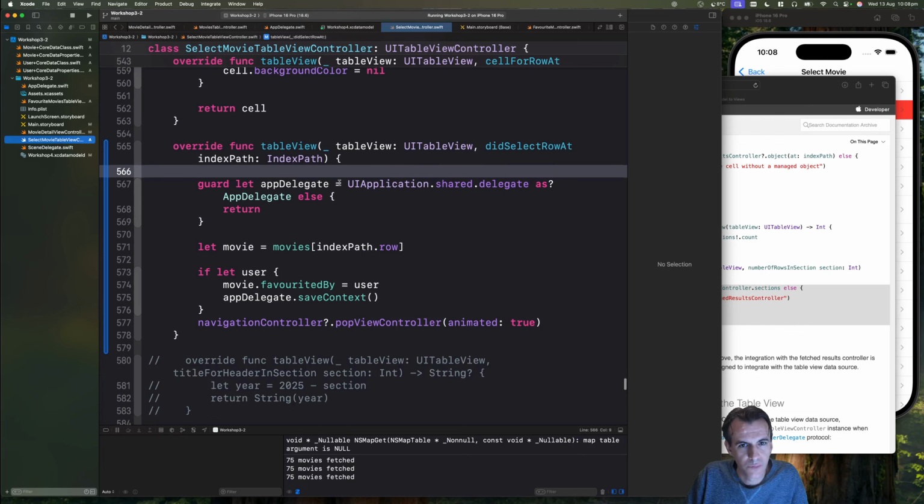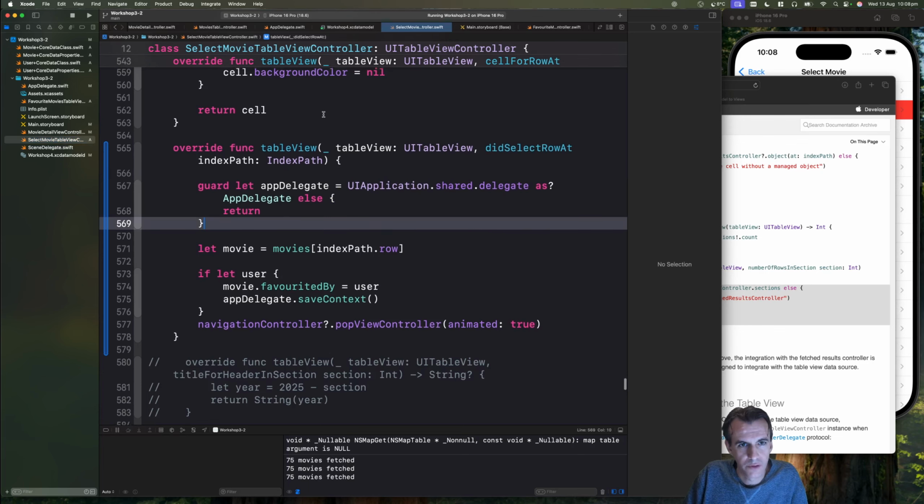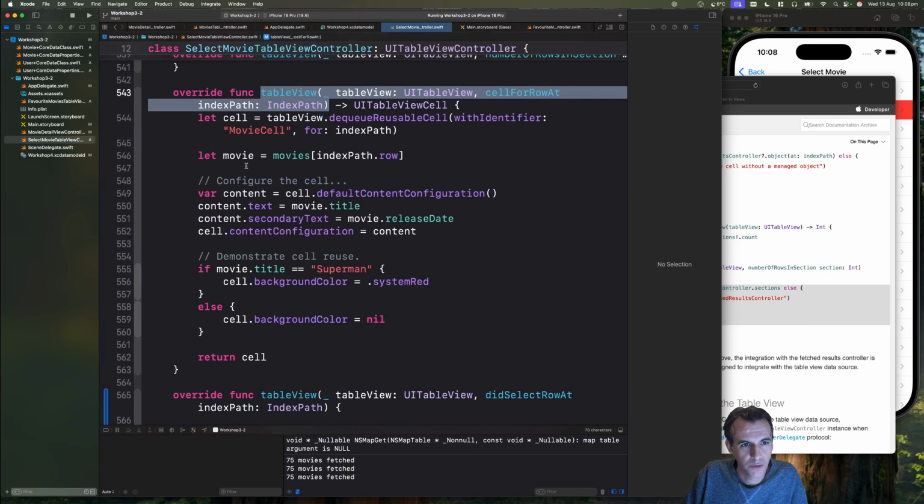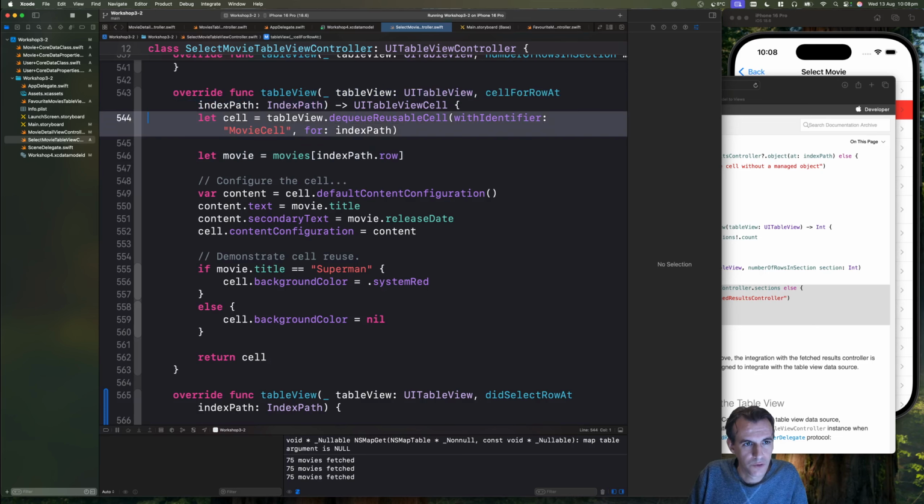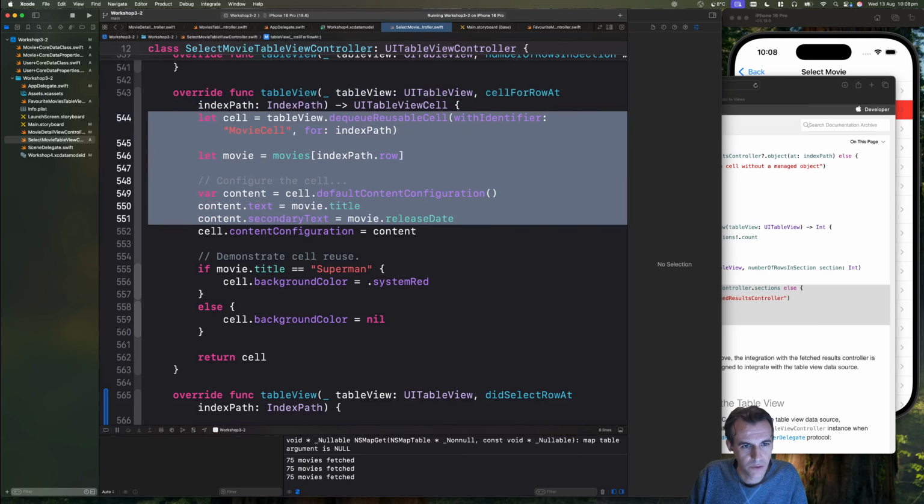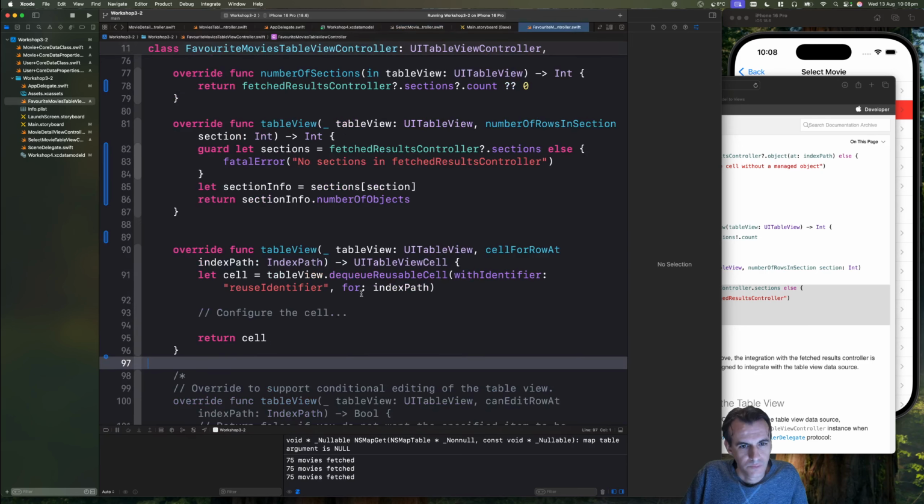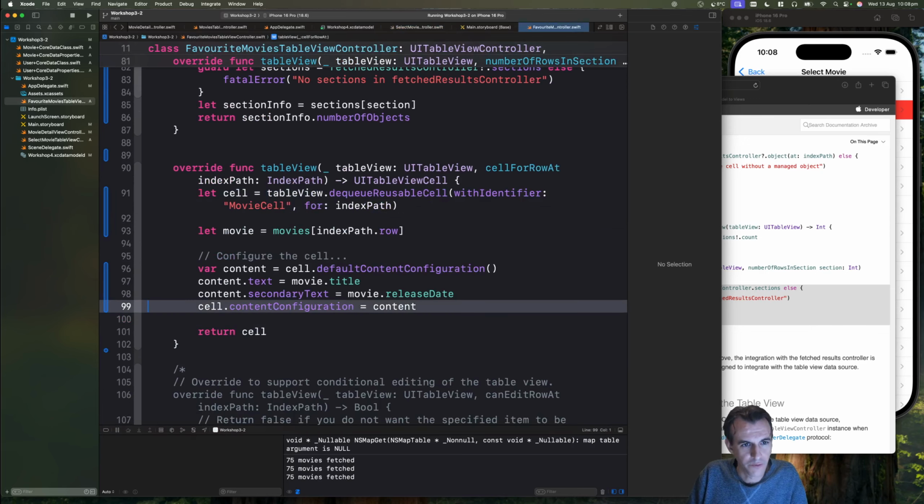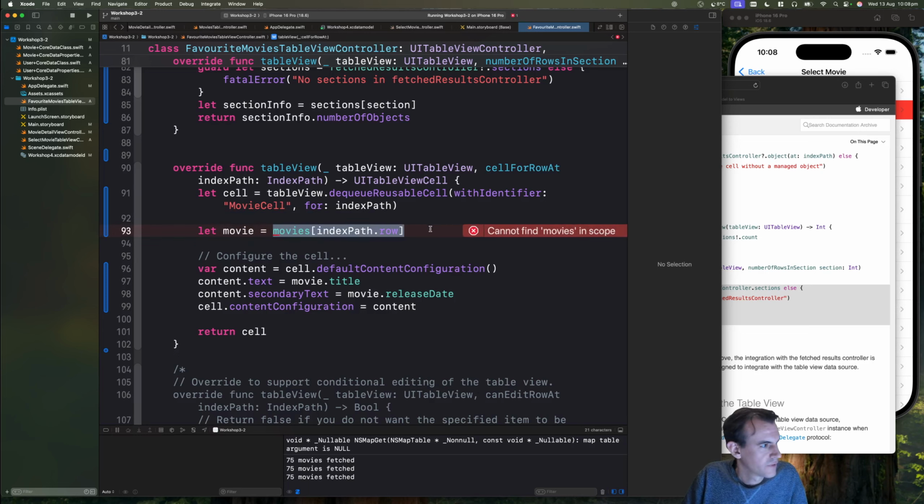So here's our did select row, here's our cell for row at index path method. So it's going to look almost exactly like this, but not entirely. So we make the cell and we configure it. The difference is here for the movie, I need to get this from my fetched results controller. And how I get it from my fetched results controller is